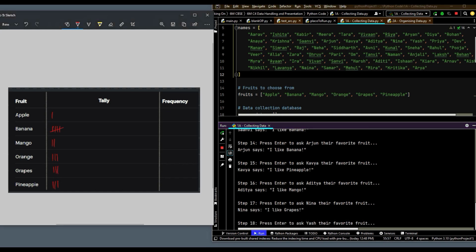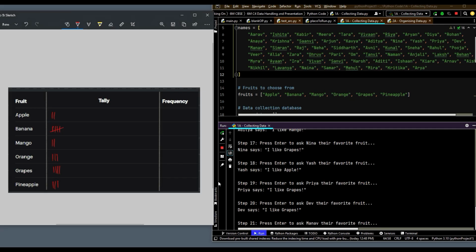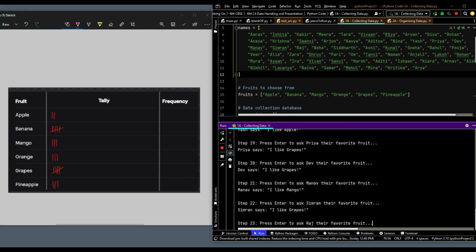Grapes. Apple. Grapes. Grapes again. So here grapes there are 4 and this is the fifth one, indicating that is the fifth line. Mango. Grapes, right? We have grapes again. So what should I do? I'll start a new cycle of marking. So this will help us in getting things done faster. Okay. So all I did was here,